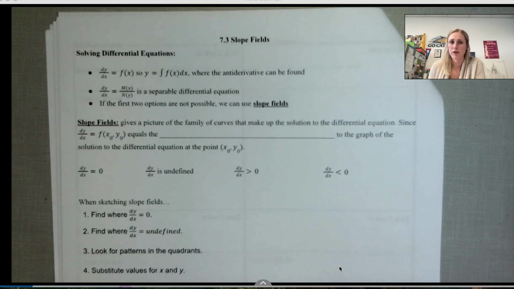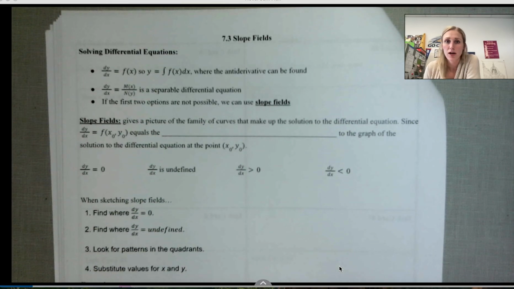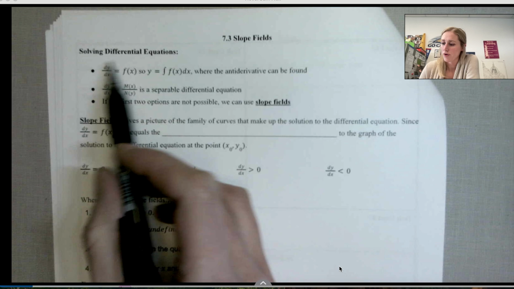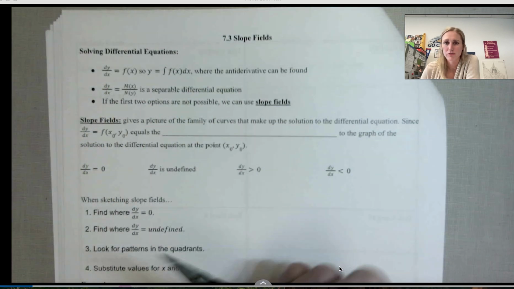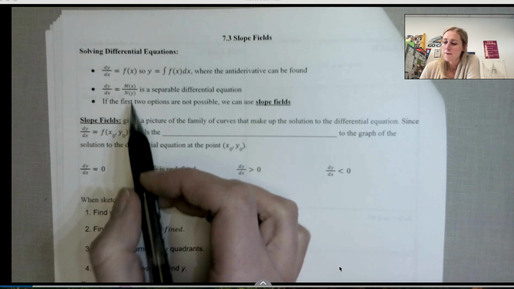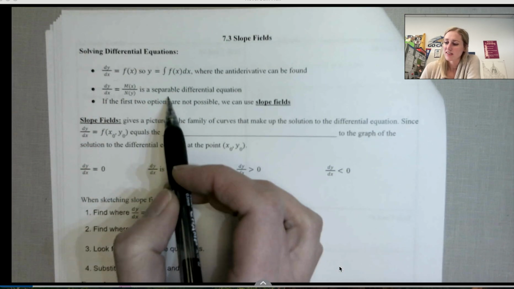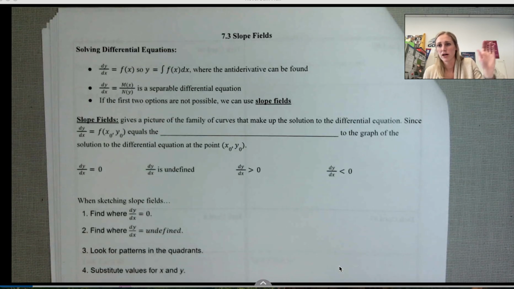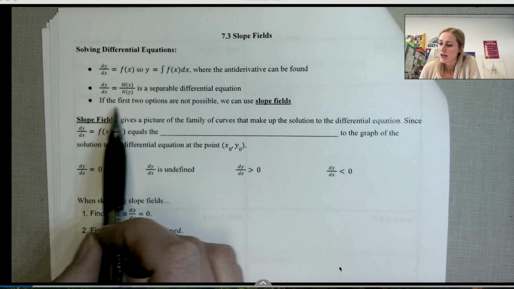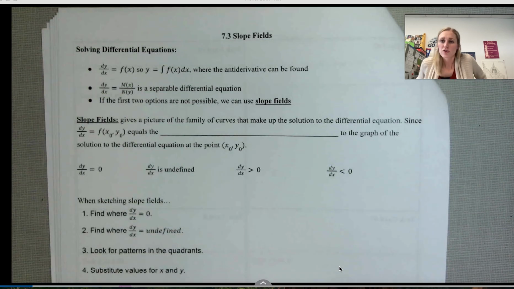Video for 7.3. So far, we have learned how to solve a couple differential equations. One, just where it's straightforward, we can find the antiderivative. In 7.2, we looked at separable differential equations, so we could rewrite this all y's dy equal to all x's dx. If these first two options aren't an option, we have a third method for handling solving differential